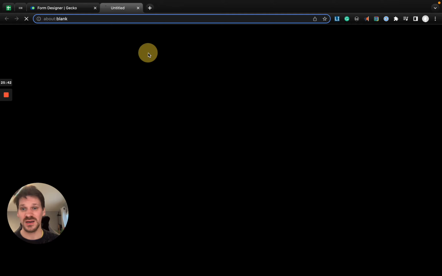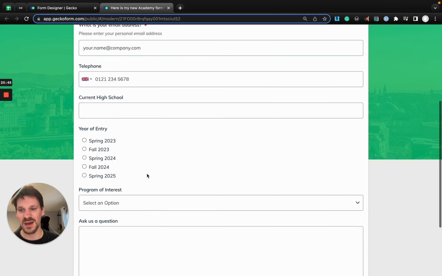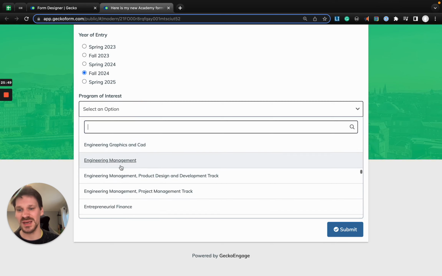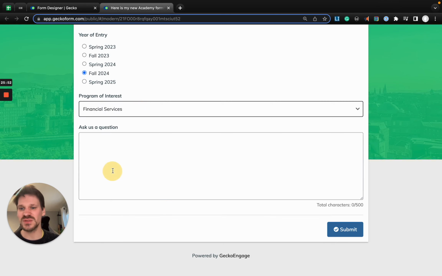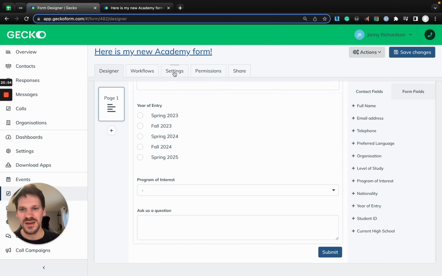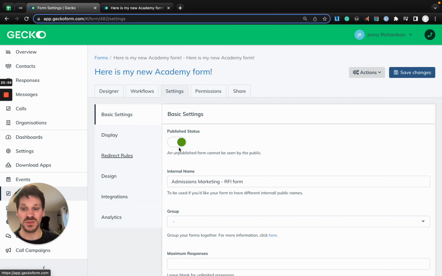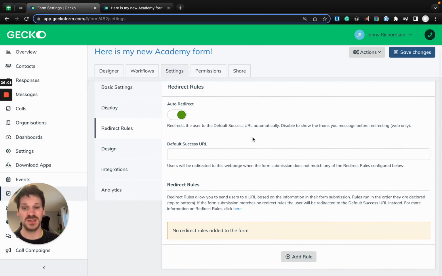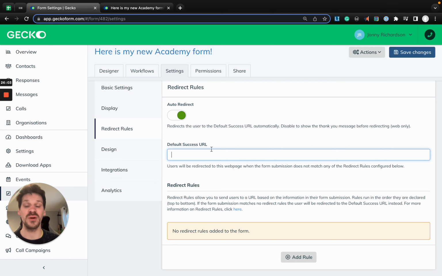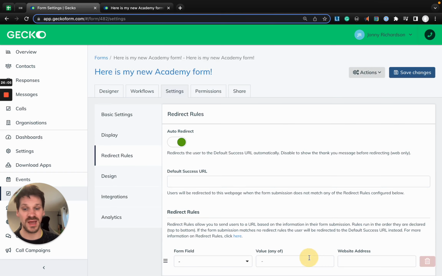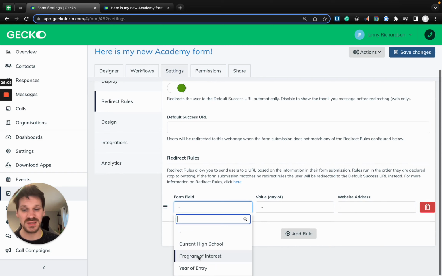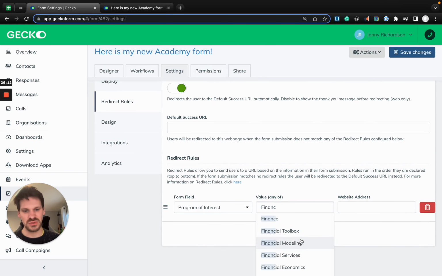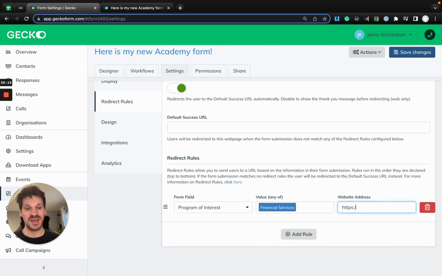So for example, let's imagine that the student tells us, hey, I'm planning on applying in fall 2024 and my program of interest is going to be, let's pick a nice one, financial services, let's say, because that sounds fun. We can then redirect automatically the student to the financial services webpage based on that. We could instead say everyone needs to go to this URL, or we can create bespoke rules that says based on the program of interest, if the value is financial services,